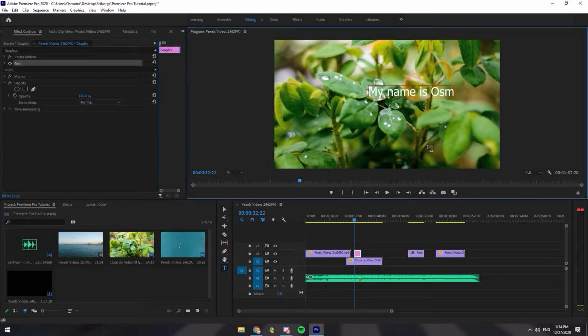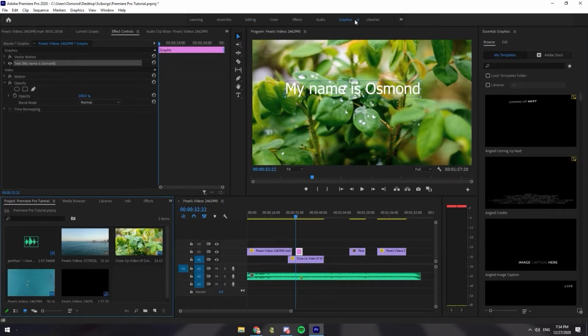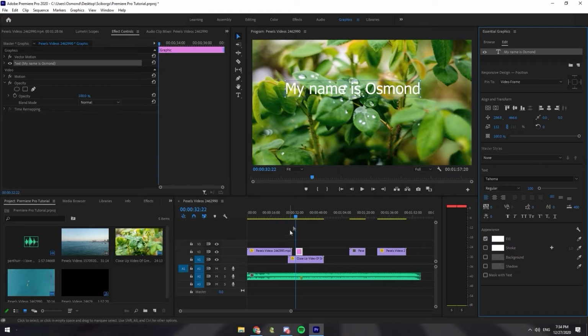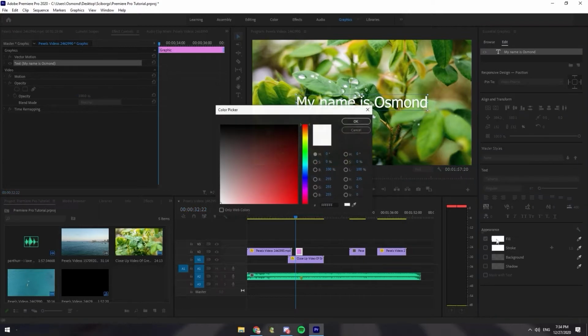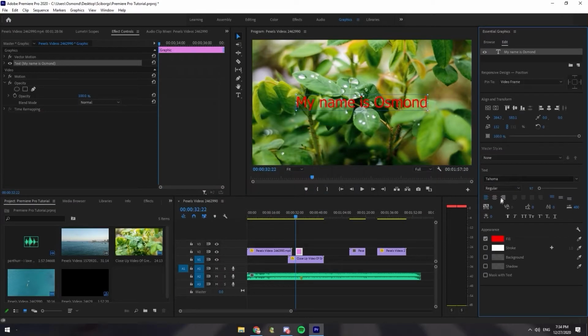So I would type my name is Osmond, and then to edit this text, you could just drag it around, make it bigger, or you could go to the graphics tab up here, press edit, and since you have your text layer selected, it'll let you mess with that. You could censor it, you could increase the size, you could change the color, make it red, add a stroke, you can make the stroke bigger. See? There are a lot of things you can do. It just takes time to discover